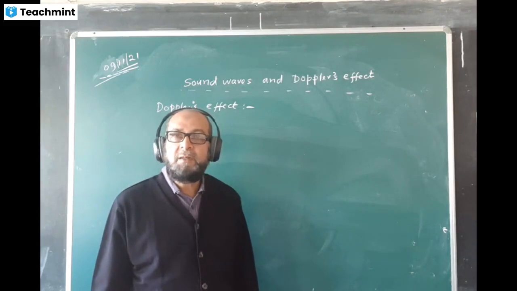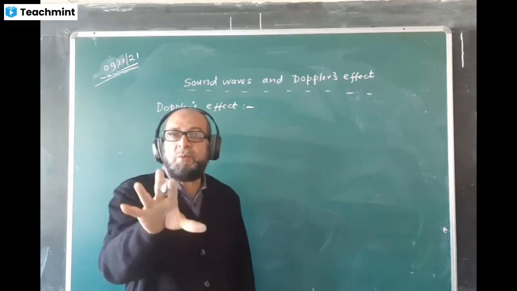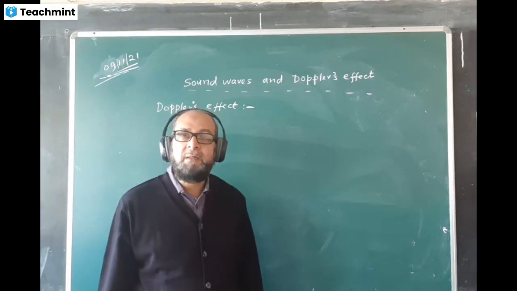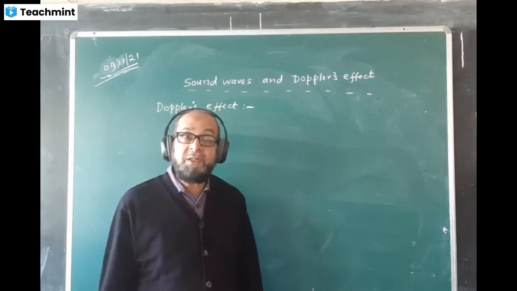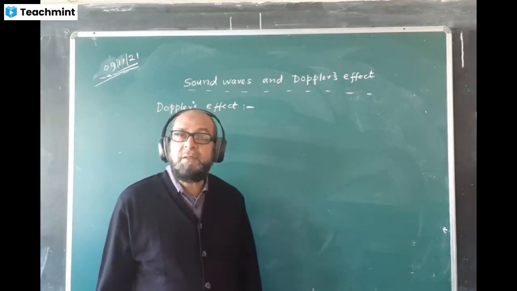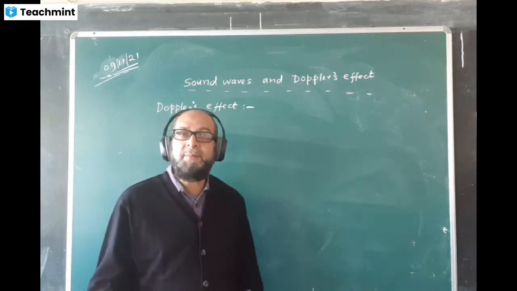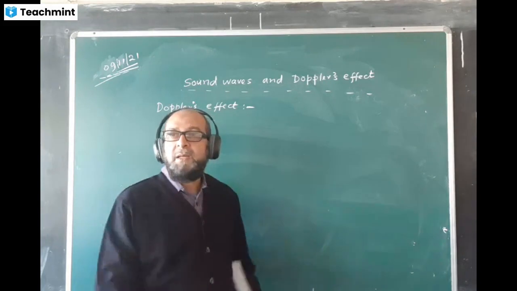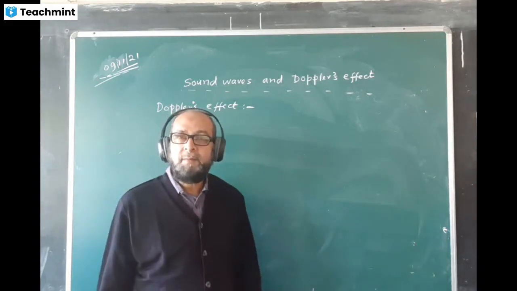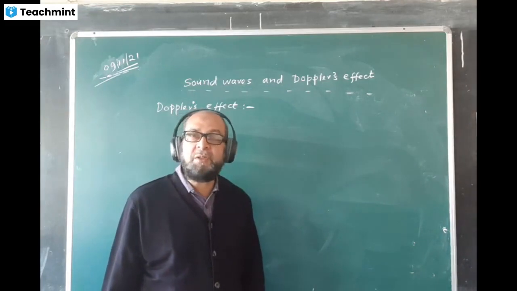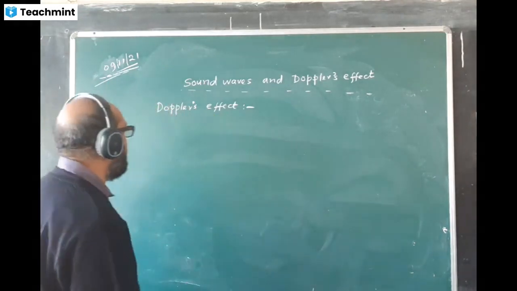Second case we will consider that the source is in motion whereas observer is at rest. That is the second case. Source may come towards the observer, it may go away from the observer. Both possibilities are there. And the case 3, we will consider that both source and observer are in motion, maybe towards each other or maybe in the same direction. But both of them will be in motion. So there are three such situations. So we'll do one by one.